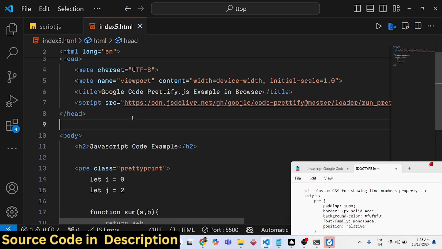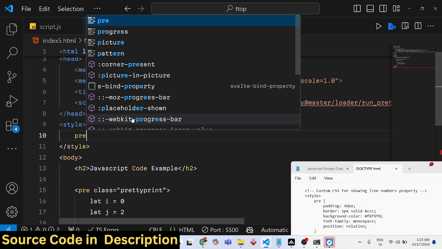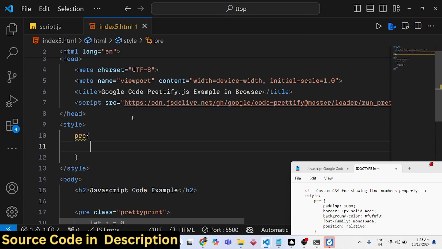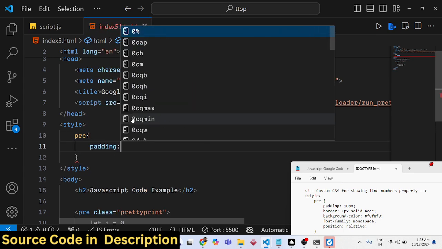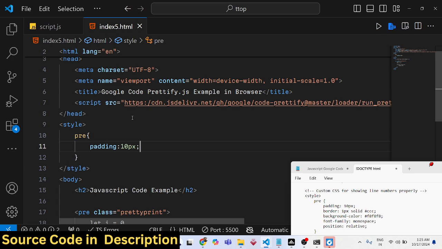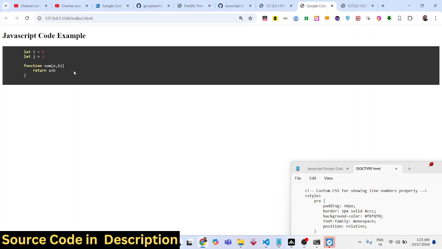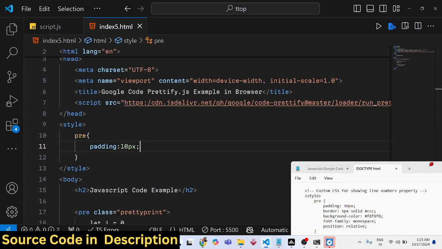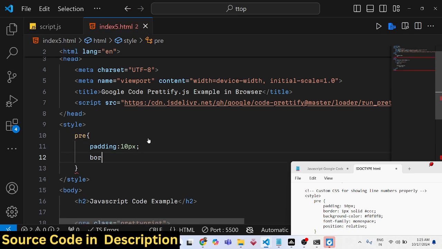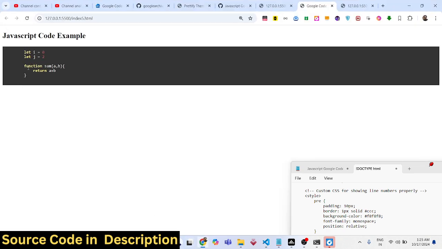We can target the pre-tag right here in the CSS, and we can provide some padding. We can provide a padding of 10 pixels. If you make this change, you will now see some spacing. You can even provide a border as well, 1 pixel solid, and you need to override the rules. So you will need to write important right here just to override this. So you will actually see